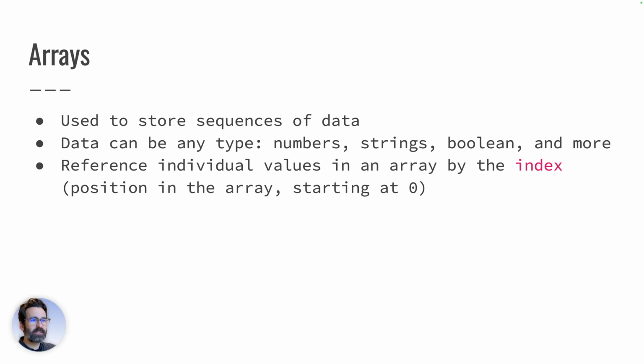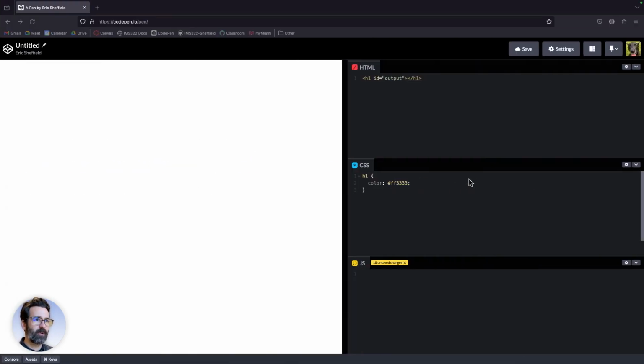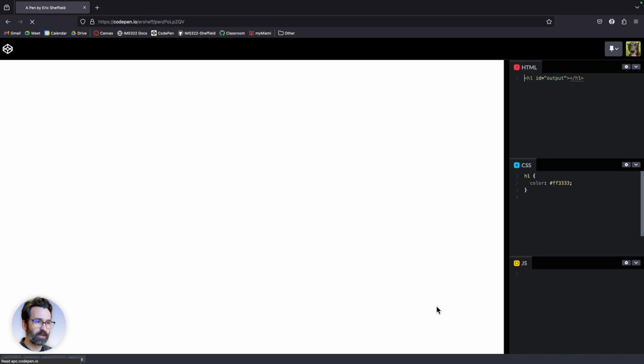And you reference individual values in an array by their index, which is their position in the array, which starts at 0. So I've set up a really simple little CodePen here where I have an H1 element that's currently empty, just so we don't have to look at the output of these arrays in the console. We can look at them somewhere else. I'm going to declare this array with the keyword